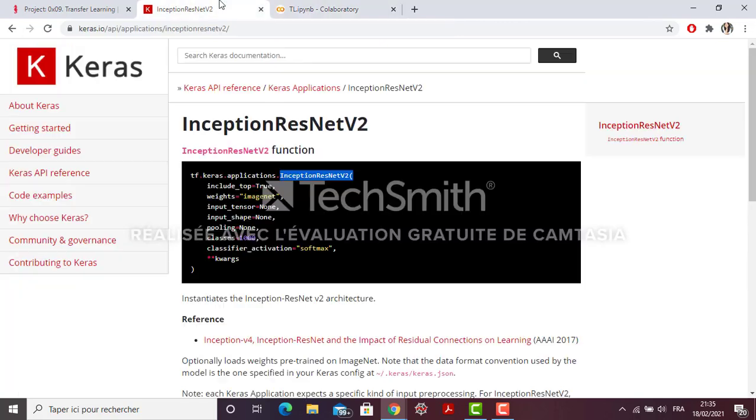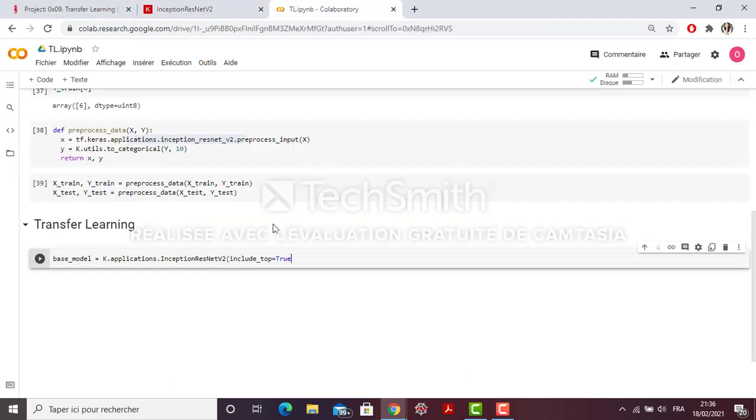What it has as arguments: include_top, true or false, the weights, the input_tensor, input_shape, the pooling, the classes, the classifier_activation. I'm going to set include_top equals to false because I don't want to include the top dense layer. I just want the feature extractor part.